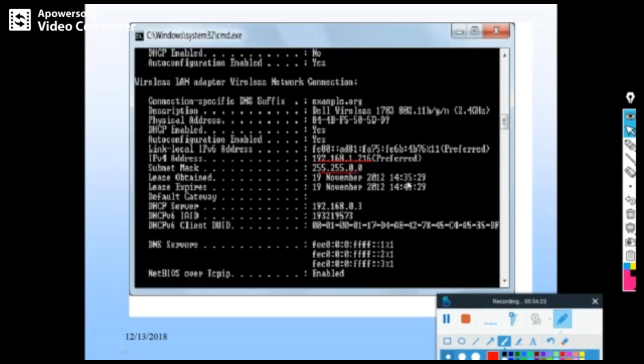My machine got the address through a DHCP server, and the address of the DHCP server is this one. The DHCP server gives the address on a lease basis, so the lease was obtained on this date, and the lease expires on this date. Other than that, this is the physical address, and this is the DNS server address. All that information will be there.